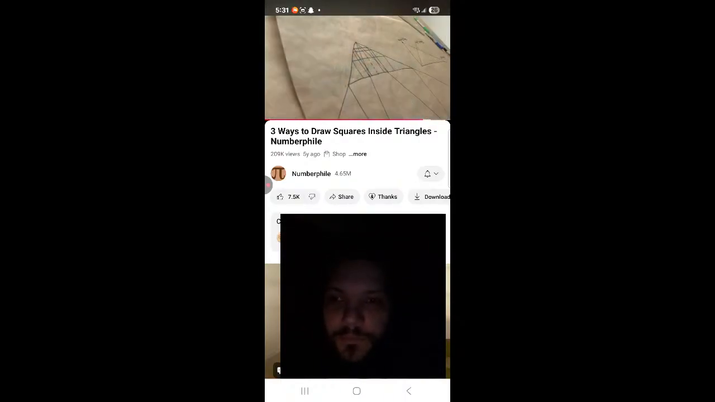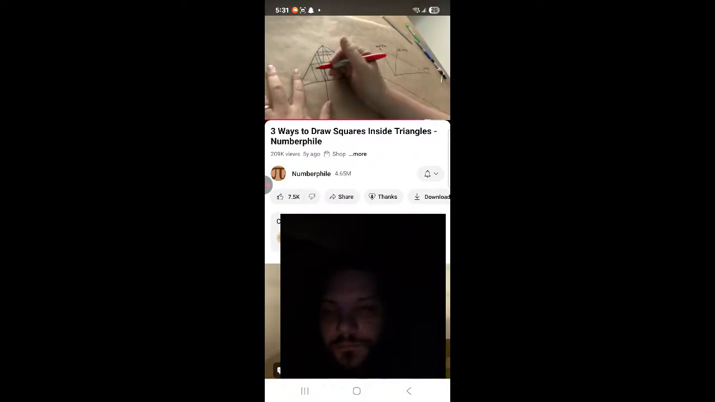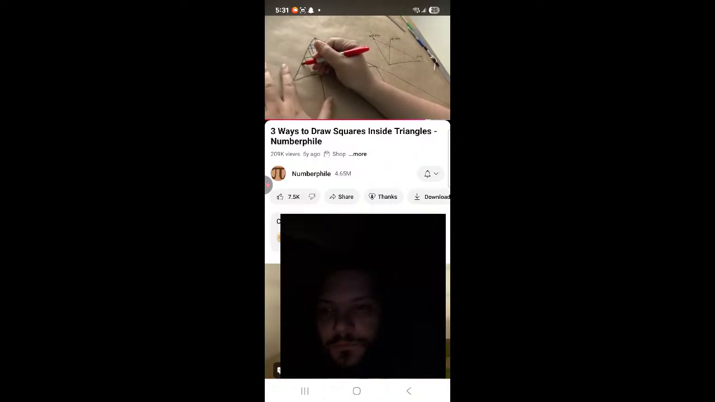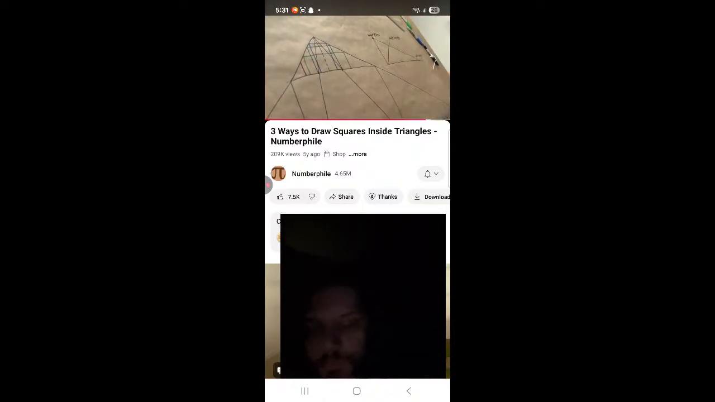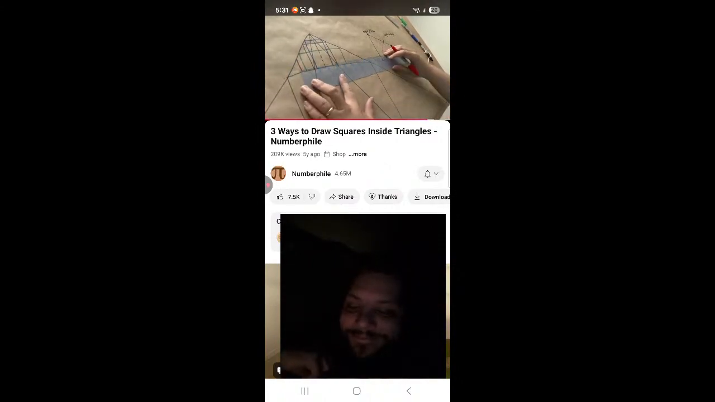All right, so we're back on the first diagram. And remember, what we wanted to do is start off by constructing a square. So I'm going to just quickly measure off